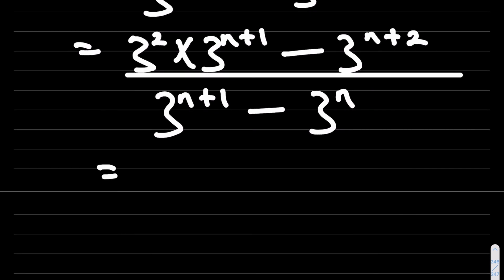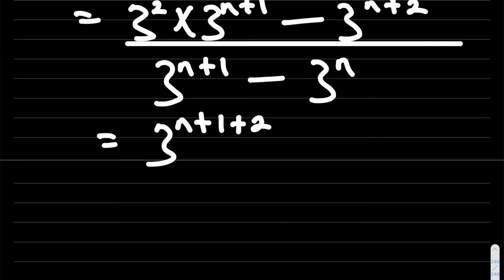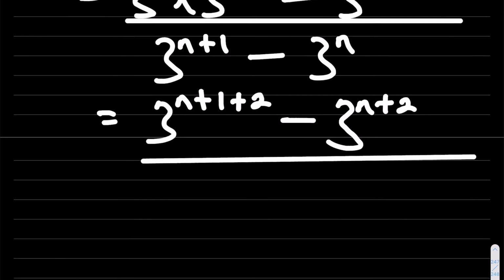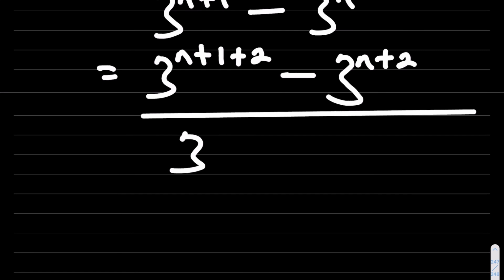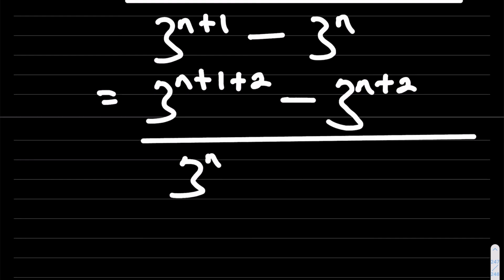Now the numerator becomes 3 raised to power 2 plus n plus 1, or I can write it as n plus 1 plus 2. When you multiply, you add powers. That's according, yes, using the laws of indices. Minus 3 raised to power n plus 2 all over 3 raised to power n plus 1 minus 3 raised